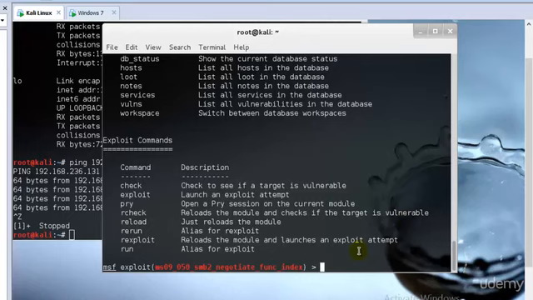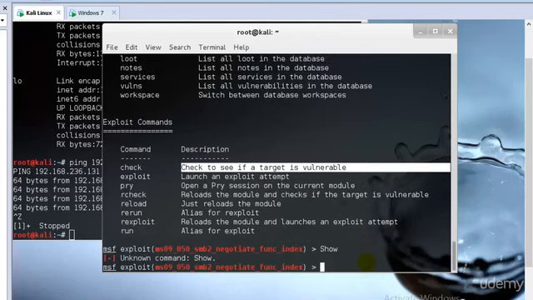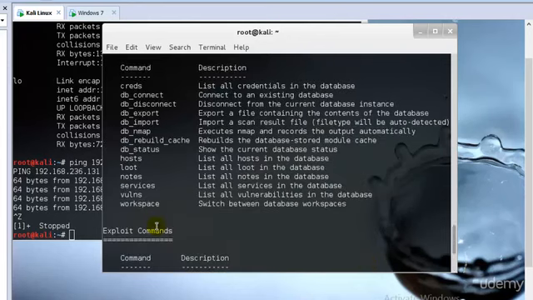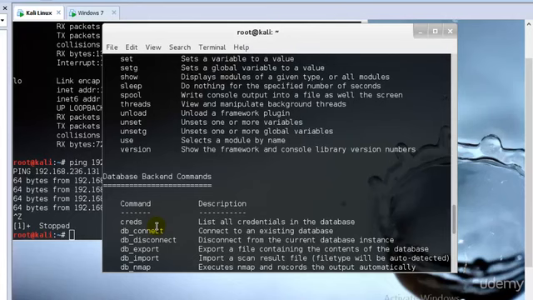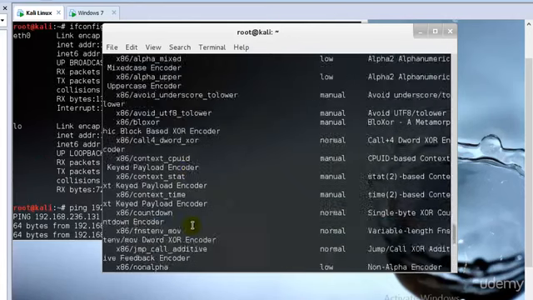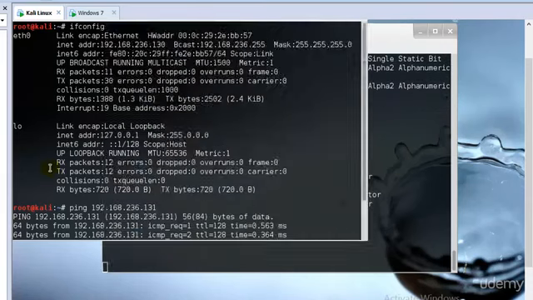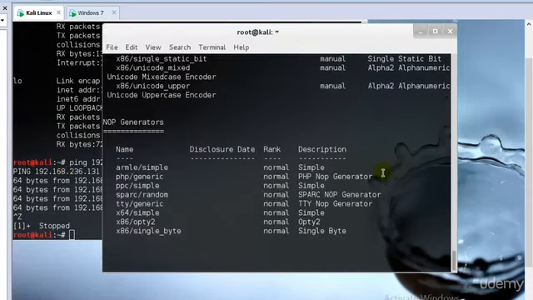we have the different check option to go ahead and check if the target is vulnerable. So before I proceed, I need to know whether what I'm doing will work. So after this, I'll just go ahead and type show. Let's see what happens. Perfect. So this is what it does exactly. It's showing me now what will happen,